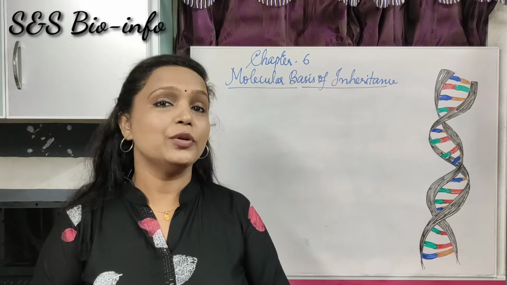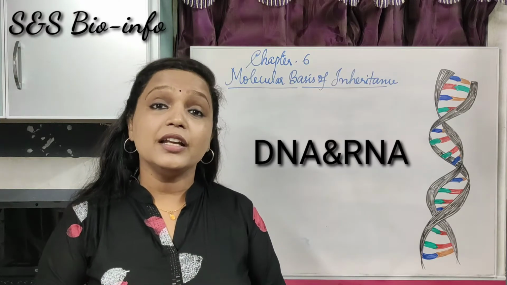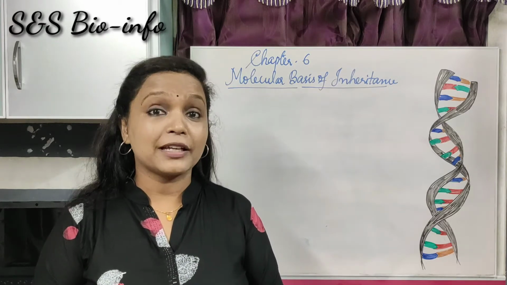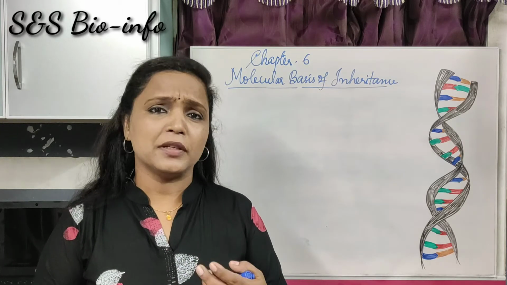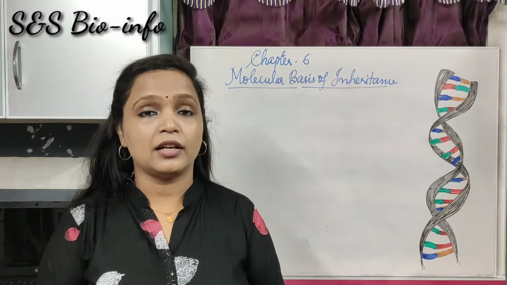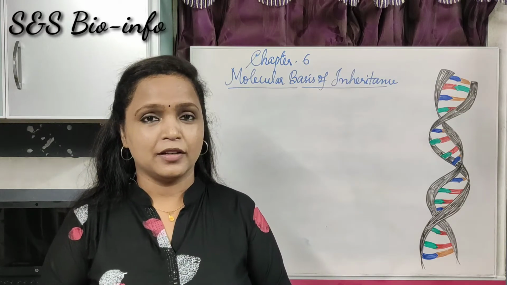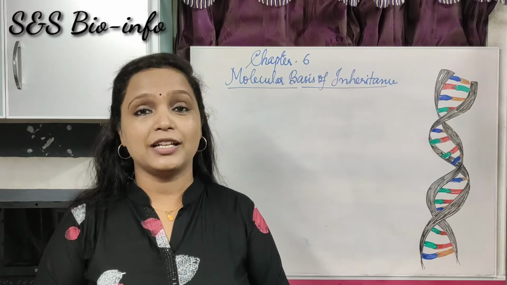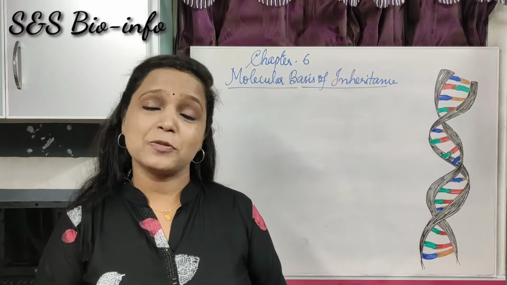The two major polynucleotides are DNA and RNA. The DNA and RNA are also known as nucleic acids. Both of them can act as genetic material in living organisms. DNA is the genetic material in most of the living organisms, but the RNA is the genetic material in a few living organisms, especially in some viruses. But RNA has a lot of functions in the living body. They mainly involve in protein synthesis. But DNA is the best genetic material. We will learn about DNA and its properties later.